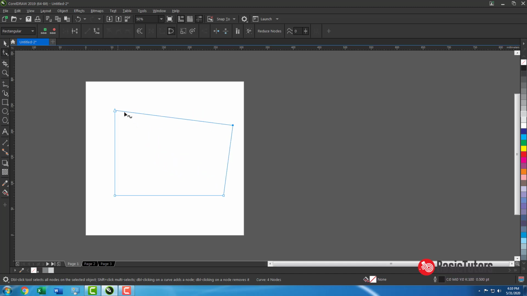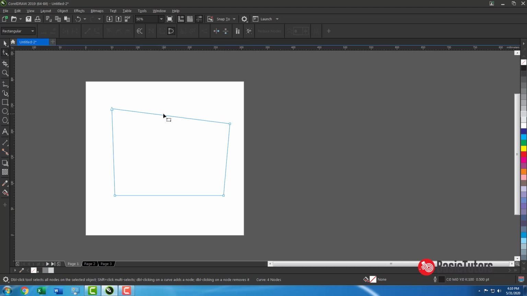Also, in between two nodes, there is a line called a segment. This segment will be either a line segment or a curve segment. If this is a line segment, it won't make any deformation of shape.